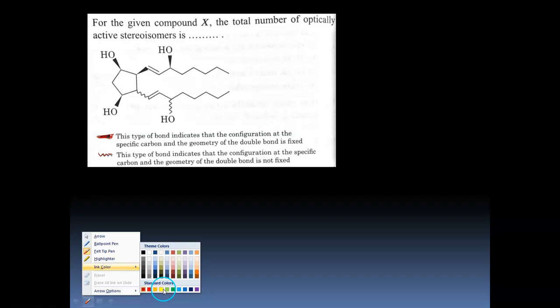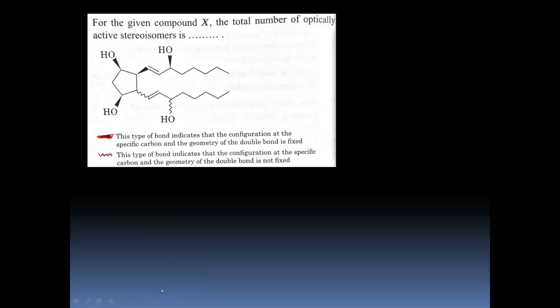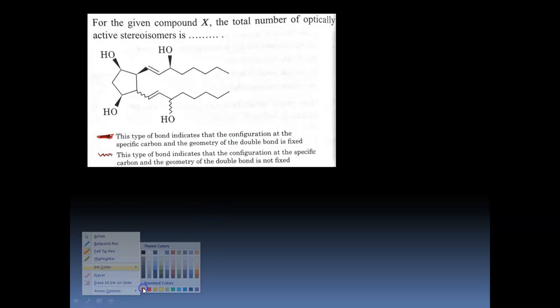Now we understand that there would be two types of students watching this video. One who have done a course on permutation and combinations, and they should not do it by drawing the molecules and so on. They can use the concept of permutation and combination to get the answer in no time.